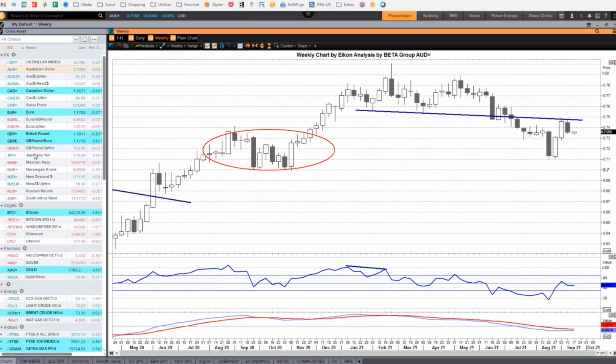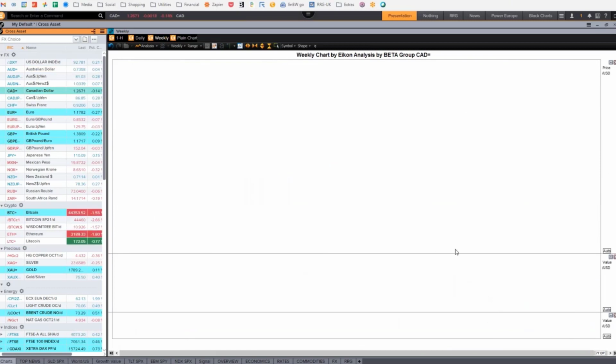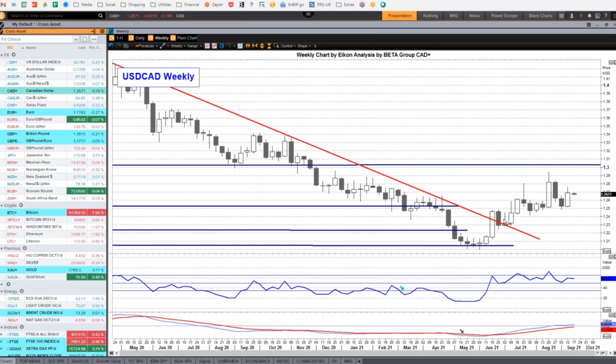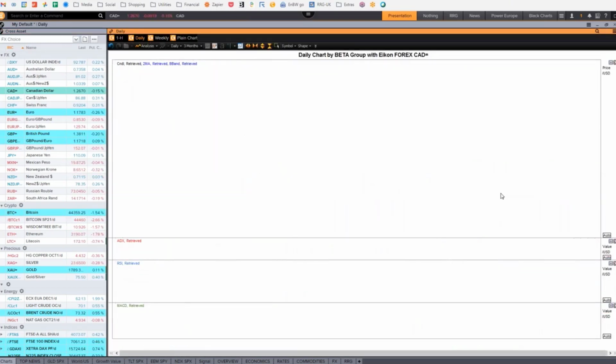Let's look at the US dollar, Canadian dollar. Of course, that's the other way up. Okay, so here, this is the US dollar strengthening, Canadian dollar weakening. It's easing towards this higher lows pattern here, with really very significant resistance at 130, but our resistance is a little bit below that, 129. Looking at the daily chart,